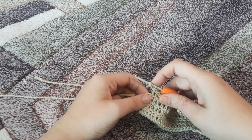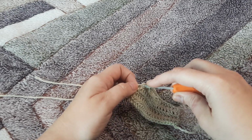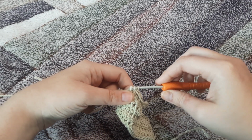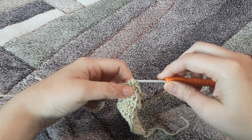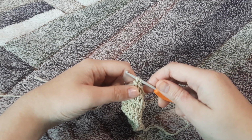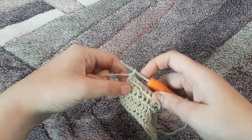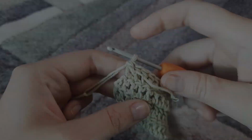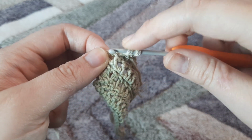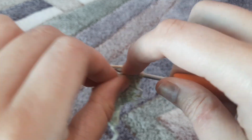Then we'll take both the strands of yarn and we are going to crochet with both the strands of yarn. We are going to continue crocheting. So here I was making double crochets, so we're just going to normally continue crocheting with both the strands of yarn here. So this is a close-up for you. You can see that I have both the strings of yarn held in my hands and I'm crocheting with them. It can be a bit tricky, but